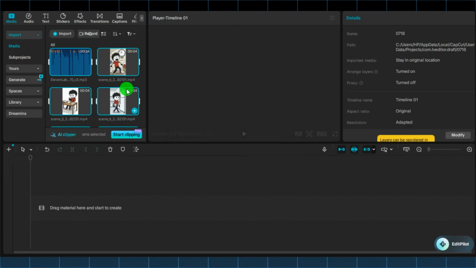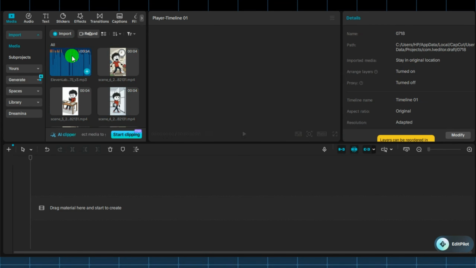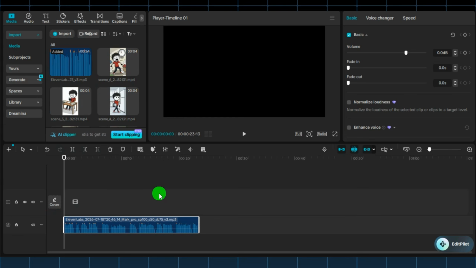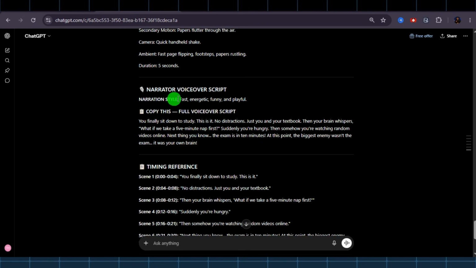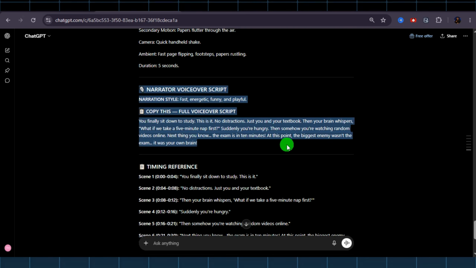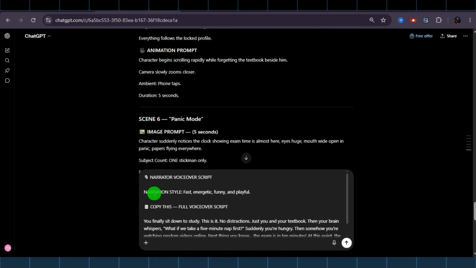Start by dragging the voiceover into the timeline first. The audio is the backbone of the edit. Everything else gets built around it. Now here's a trick that makes the whole syncing process much easier. Go back to ChatGPT, copy the full voiceover script, paste it into the chat, and ask it to split the